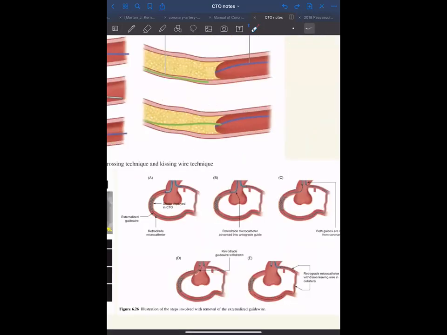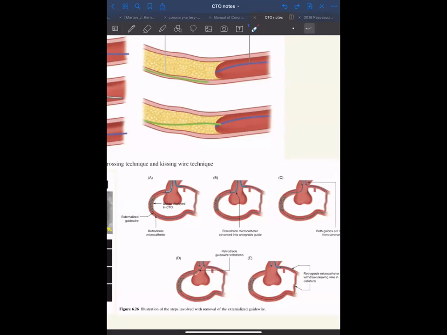So what to do after deploying the stent in a retrograde technique? So here we have gone through, the microcatheter has come through the retrograde channel and the retrograde wire has been exteriorized through the antegrade guide. With this in place, now the stenting is done. So what we do is we first push the microcatheter to not lose the axis. So we push the retrograde microcatheter to enter this antegrade guide catheter. And with the microcatheter across the stent, then we disengage both these guides at the same time.